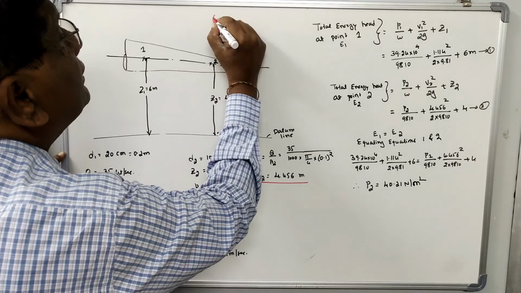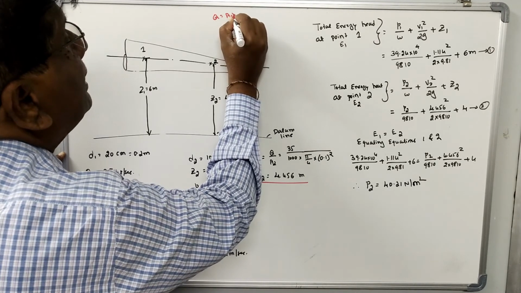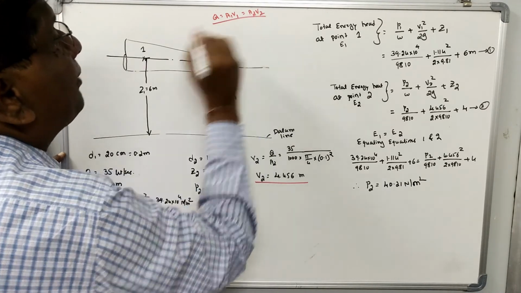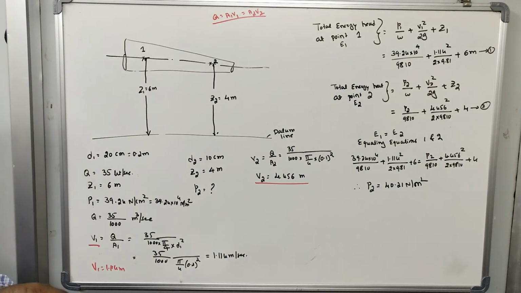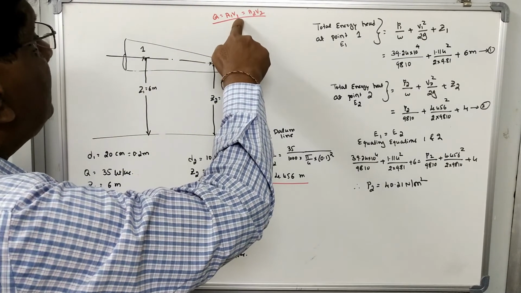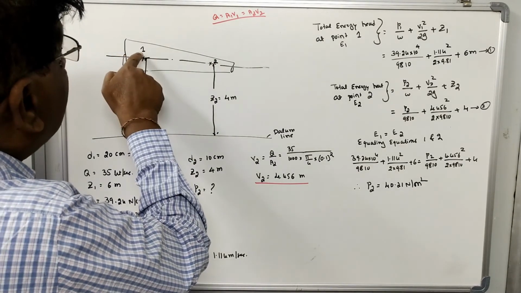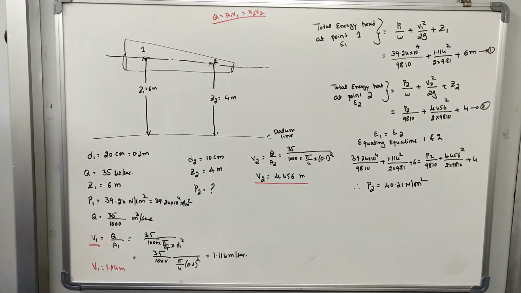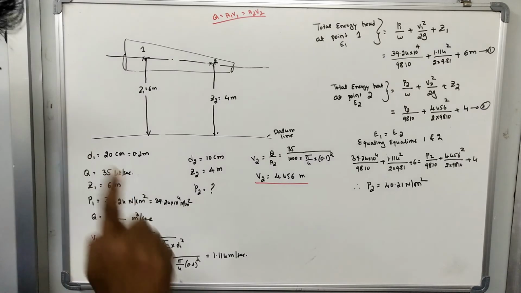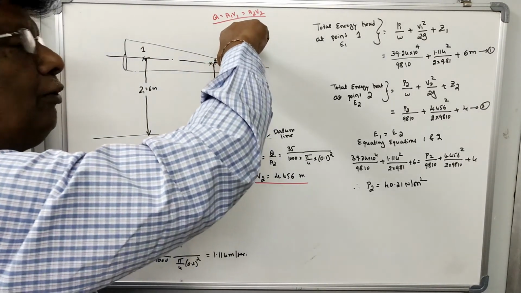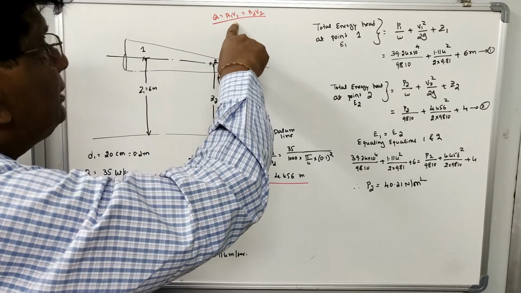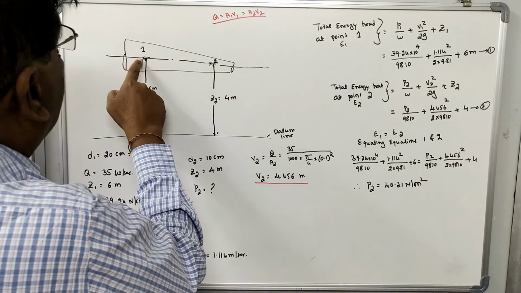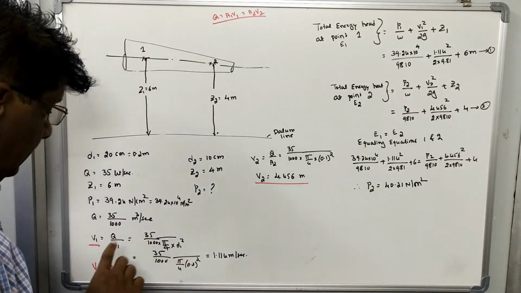So from the continuity equation, you know that Q is equal to A1 V1 is equal to A2 V2. This condition must satisfy. That is the continuity equation. Okay, if this equation is not satisfied, then say that there is no flow takes place from section 1 to section 2 or point 1 to point 2. Okay, this is very important observation. When the continuity equation is not going to satisfy, then there is no flow takes place between point 1 to 2.